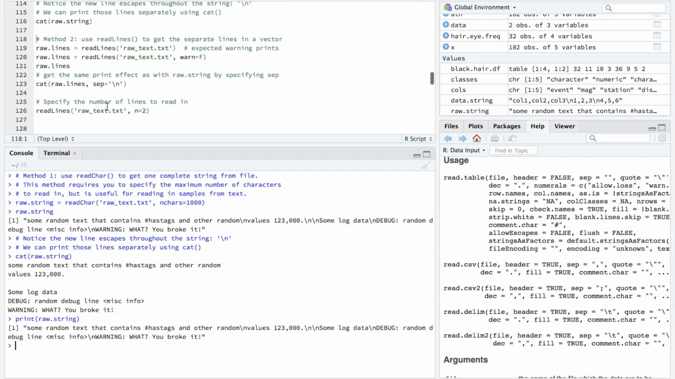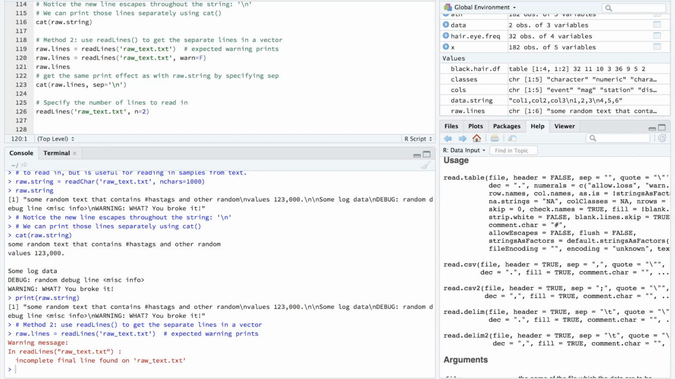Okay, so method number 2, we can use readLines. This one we're going to run on the same file, raw text, and what we'll notice is, let's see, incomplete line found. Okay, so this warning message, you can ignore that. With readLines, by the way, we have this comment here, expected warning prints. It looks for particular end of line indicators or end of file indicators, but what we can do is just pass in the argument warn equal F,